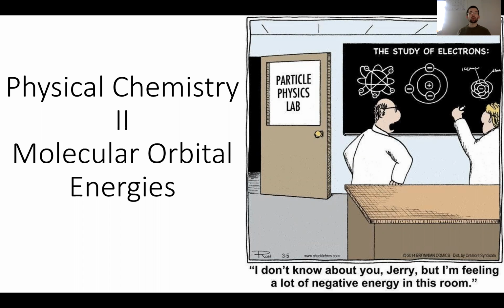Today what we're going to be focusing on is taking the ideas that we learned from the variational principle and using them to actually develop a way to determine the energies of the molecular orbitals. So we're going to be focusing on a relatively simple case of just combining two orbitals, which should end up producing two molecular orbitals. So we're going to start